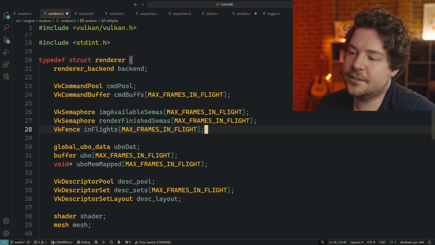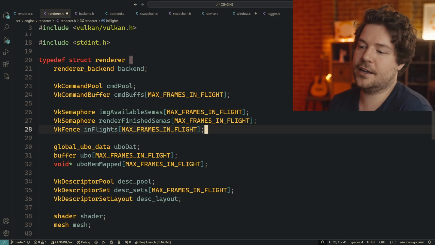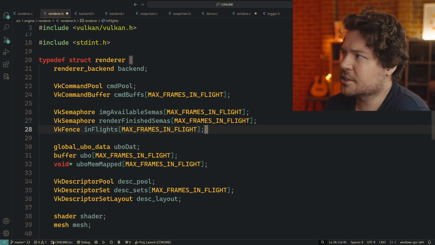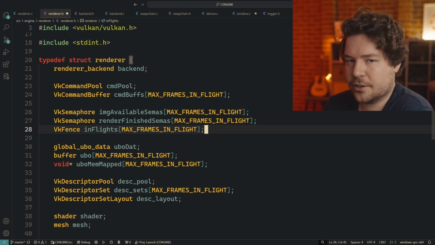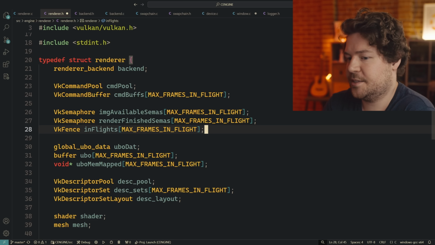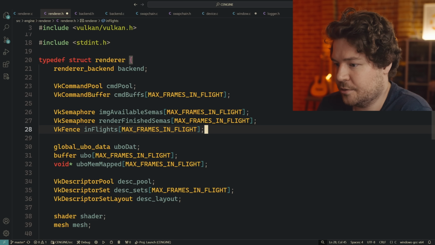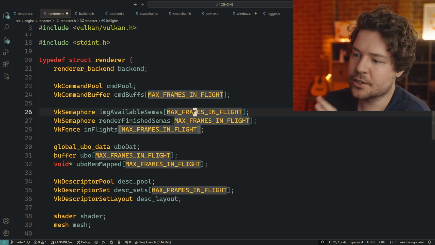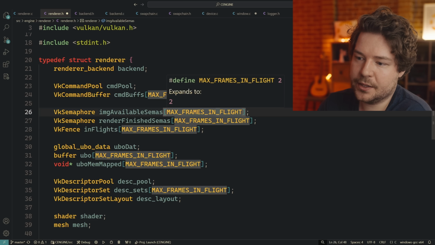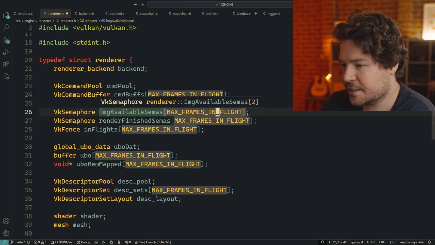Yeah, I mean, look, this is actually kind of interesting because I haven't looked at the C code in so long. I may have looked at the C project sometime in the past for the code review series, but I definitely didn't focus on the C aspect of it as much as I am today. So this has been quite enlightening. So yes, max frames in flight is good. Let me quickly explain that for those of you who don't know what that means.